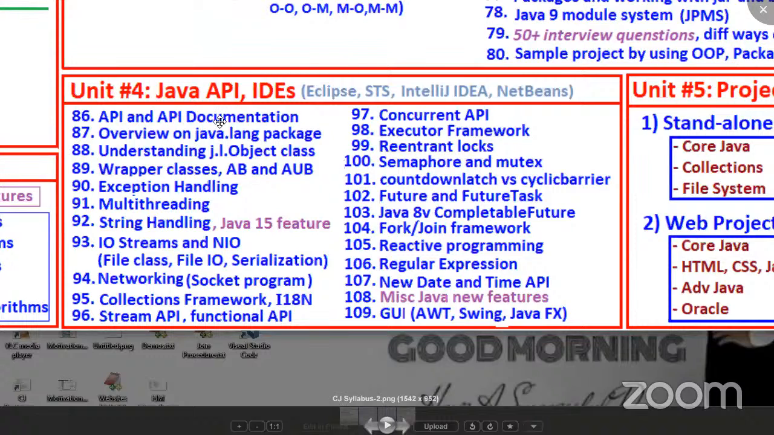API documentation. Next, overview of the java.lang package, understanding the java.lang.Object class, wrapper classes, exception handling, multi-threading, string handling, IO streams, networking, collections framework, Stream API. While working with the Stream API, you should also learn functional API, and multi-threading enhancements: concurrent API, executor framework, re-entrant locks, semaphores, countdown latch, Future and FutureTask, Java 8 CompletableFuture, fork and join framework,